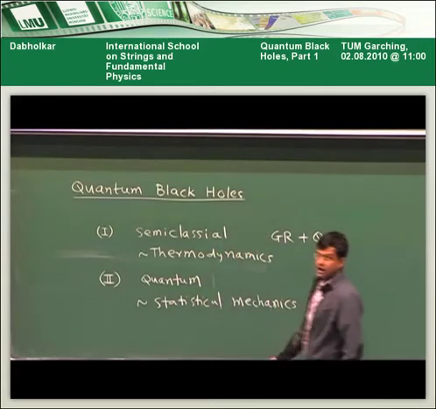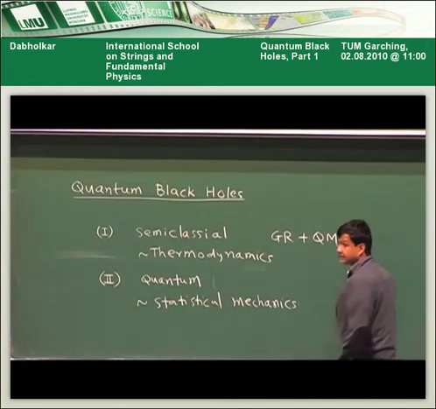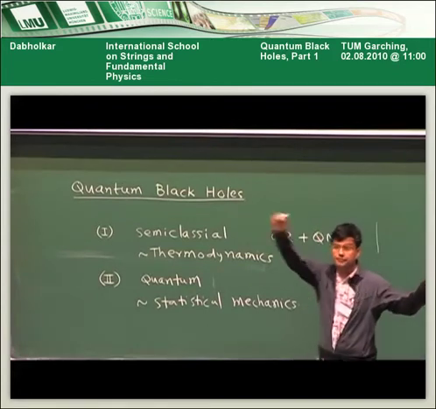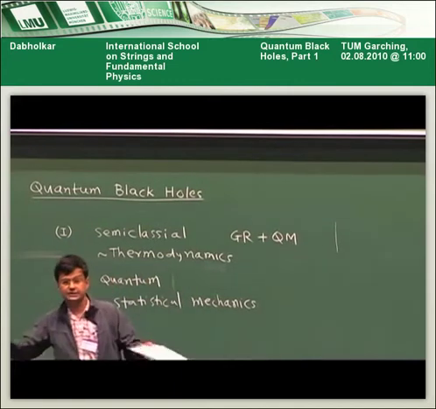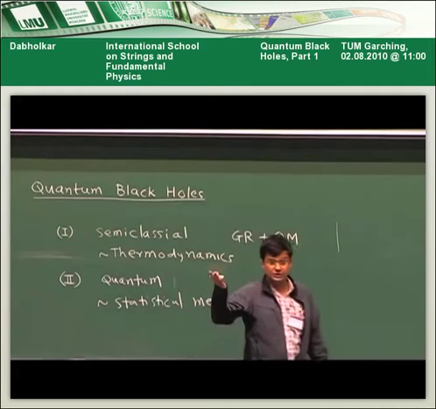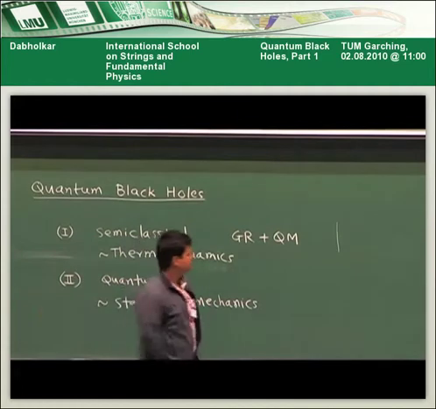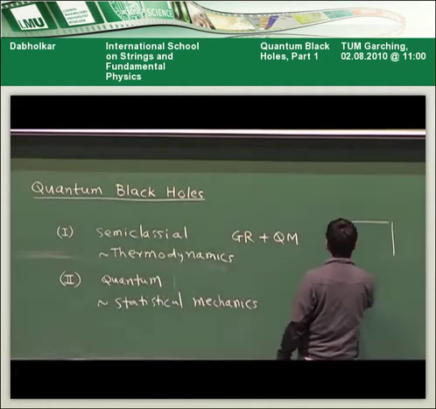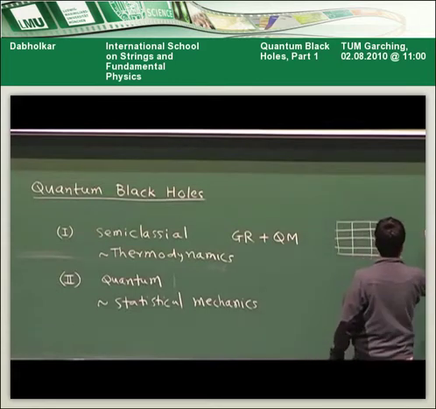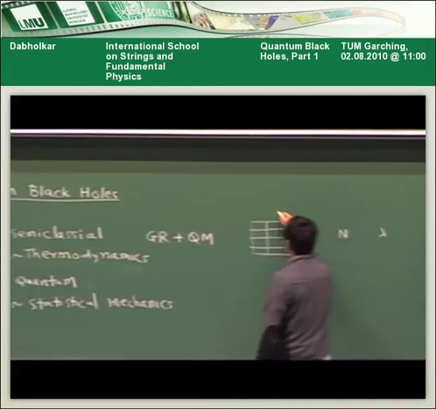So this is a bit like how the 19th century physicists proceeded, for example Maxwell and Boltzmann, who studied some properties of molecules in this room just by measuring the temperature and the entropy. At that time, they were not even sure whether the world is actually atomic in nature. But if you postulate that the world is made up of little molecules, then you can calculate the number of ways. For example, if you have N molecules and you have to put them in boxes of some typical thermal wavelength lambda, then the room